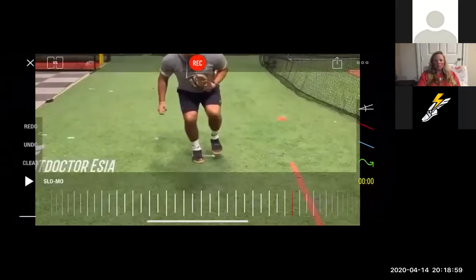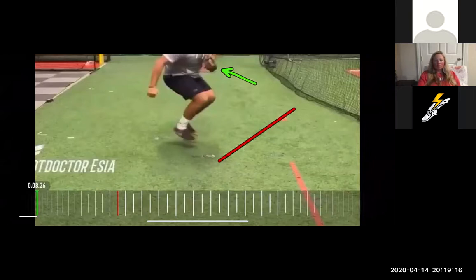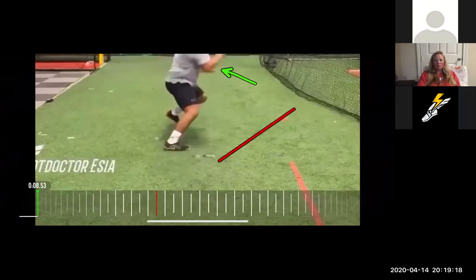and let's get to the feet a little more. When I drive towards that cone, my elbow has to find that red line. Not my eyes, not my head, my elbow. So if I lean back, and this is a power drill with patterning because I'm leaving the ground to apply more force, my elbow,